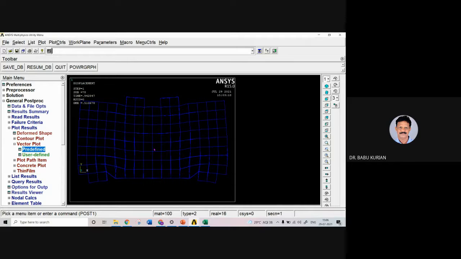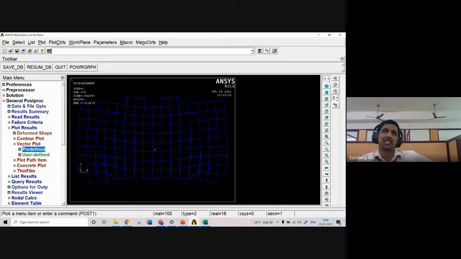What's the major difference between the analysis of a beam using this ANSYS and some other software? That actually depends, sir. Say, for example, let's take the case of Abaqus. See, ANSYS is actually produced with a very general perspective. It can be used for any sort of analysis. But in Abaqus, we have more models.